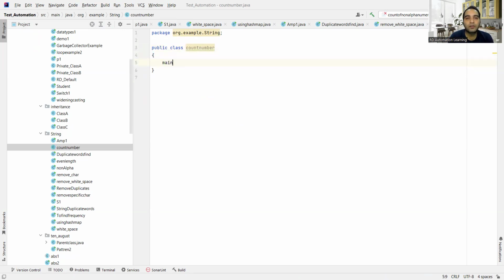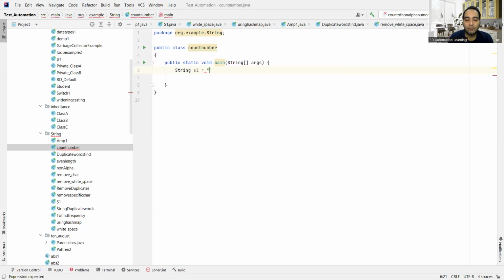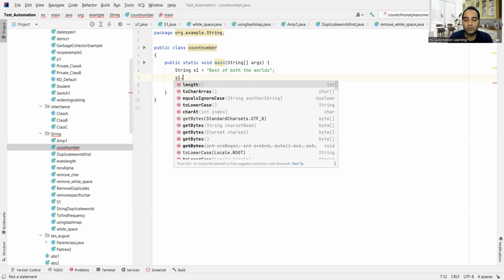Just write main and it will give you public static void main. And you need to take this string, S1 equal to "best of both the worlds". Now what we will do is convert this S1 to a char array,